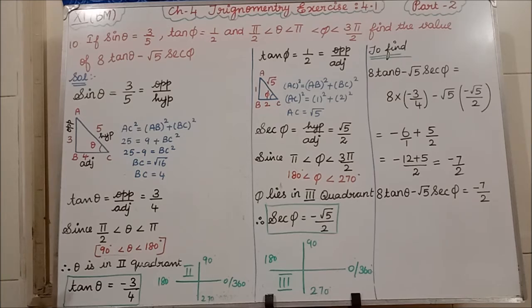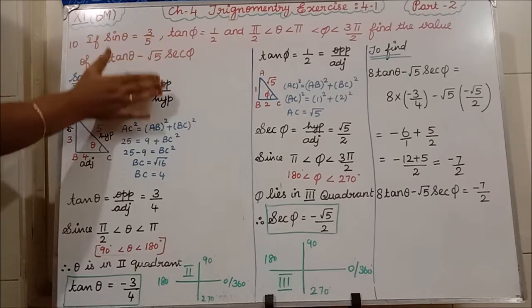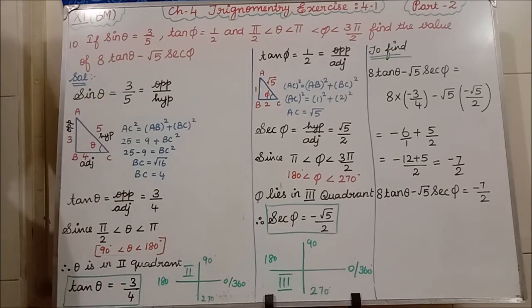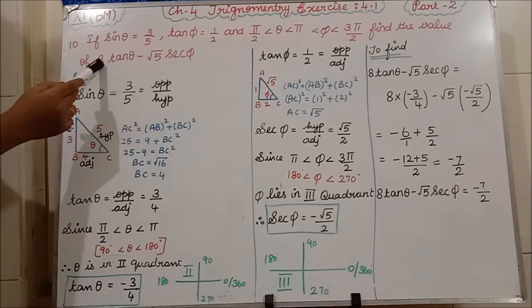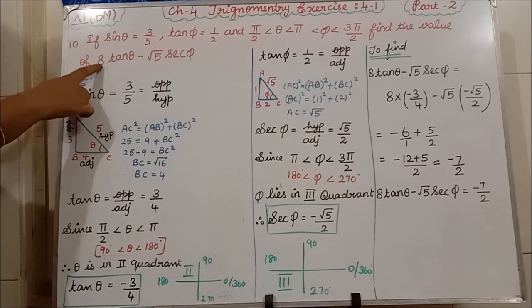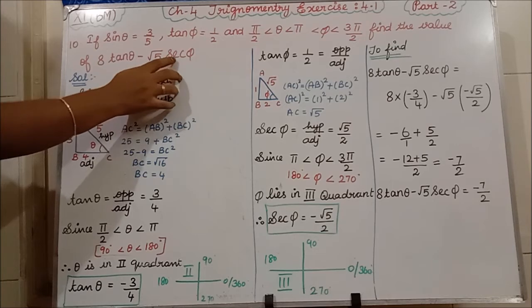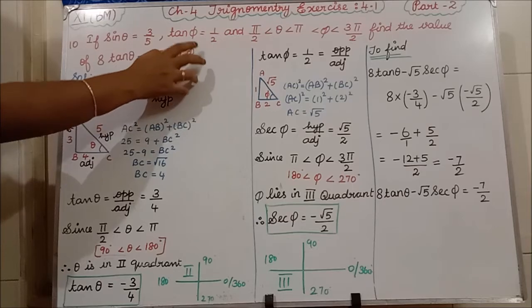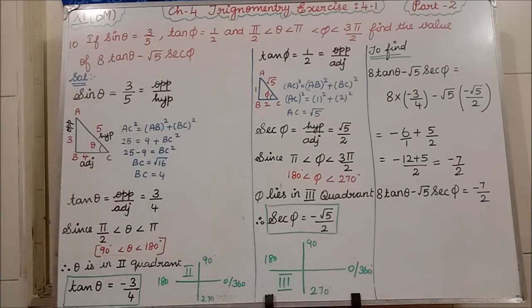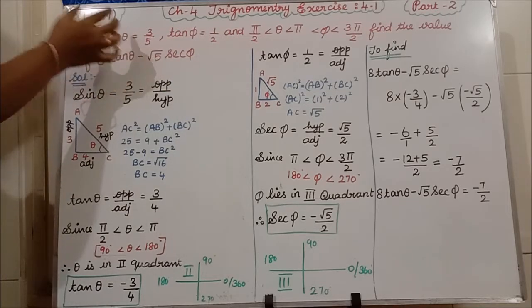Clear? Now here, what are the two symbols they have given? One is theta and another one is phi. Okay, so separately we are going to find theta on one side, then separately I am finding phi on one side, and then only we are going to find the answer for this. Now in this question, 8 tan theta we need, as well as root 5 sec phi. This is theta, this is phi, not pi. Pi means this is the pi, this is phi. Okay, now first I am going to find using theta.